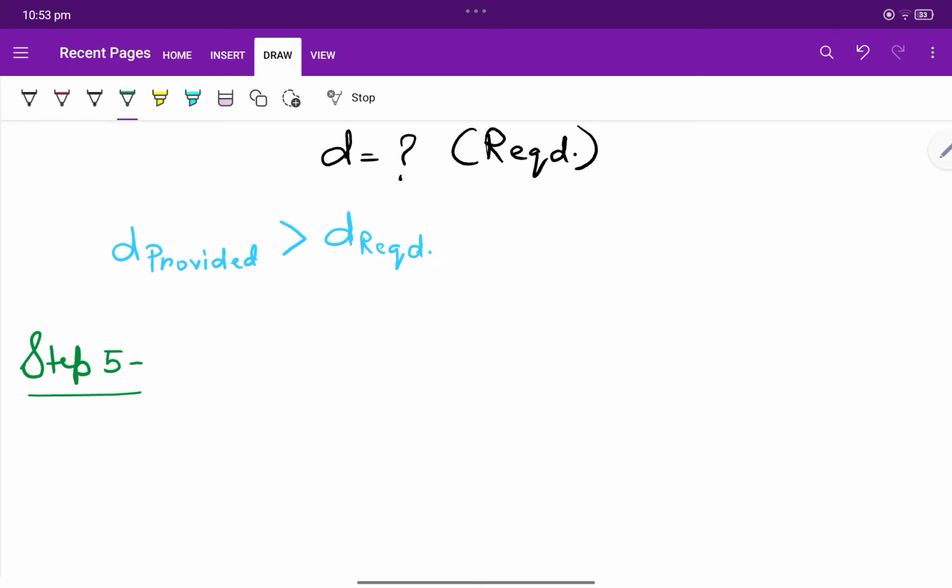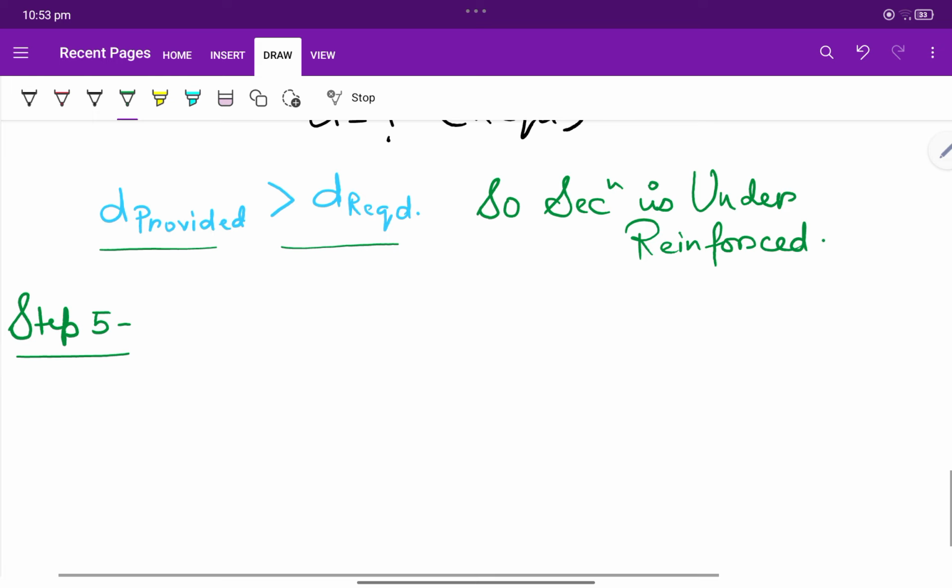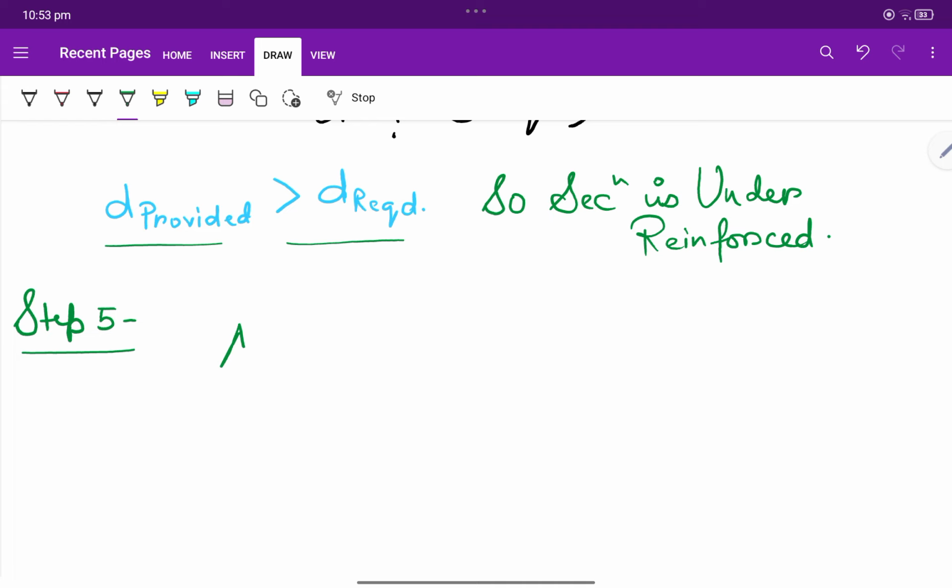If d provided is greater than d required, the section is under reinforced. So here we will calculate the area Ast, which is equal to 0.5 fck by fy